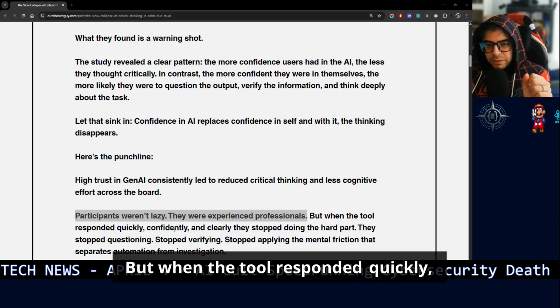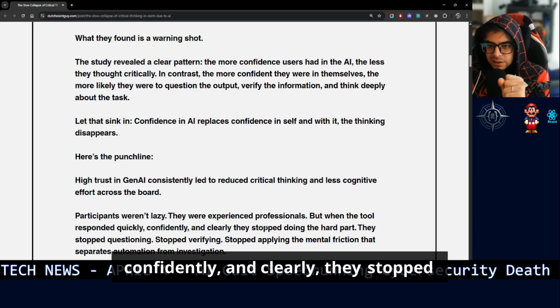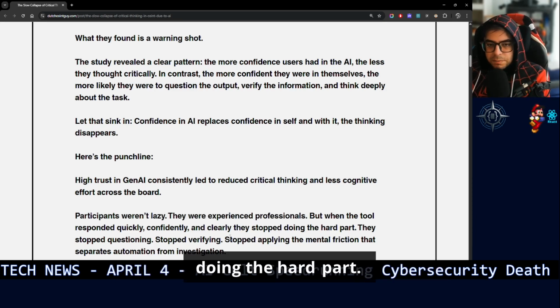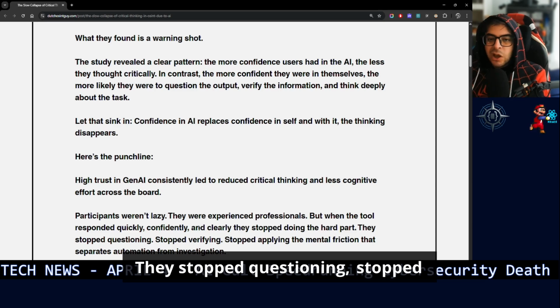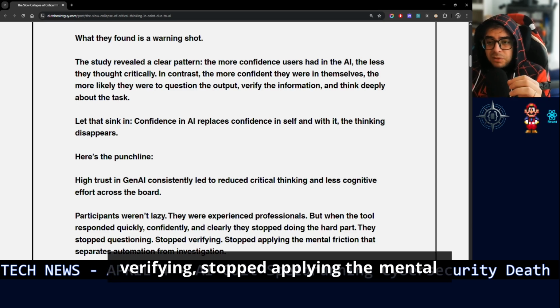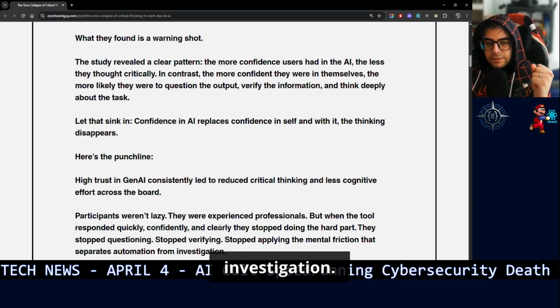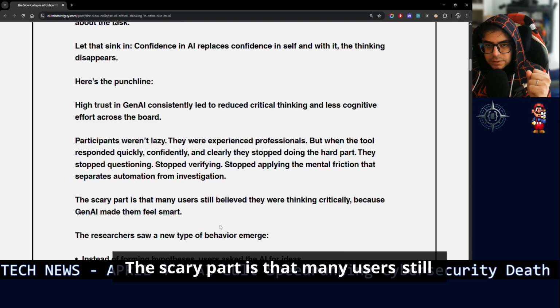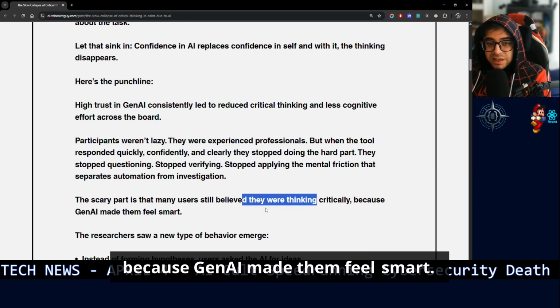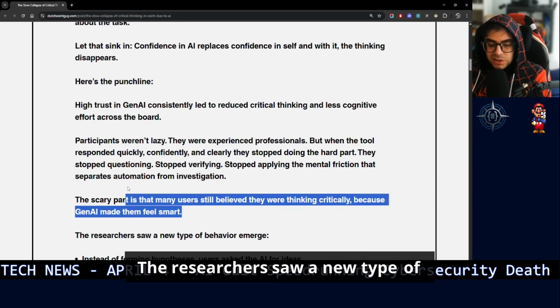But when the tool responded quickly, confidently, and clearly, they stopped doing the hard part. They stopped questioning, stopped verifying, stopped applying the mental friction that separates automation from investigation. The scary part is that many users still believed they were thinking critically because Gen AI made them feel smart.